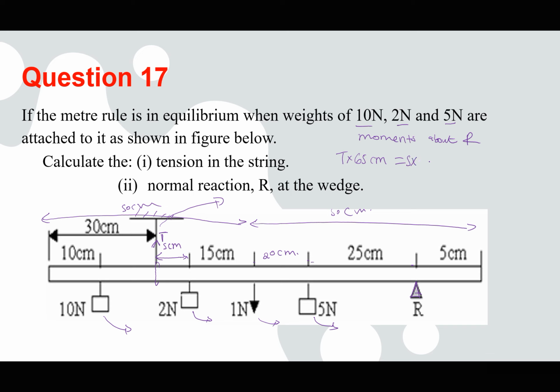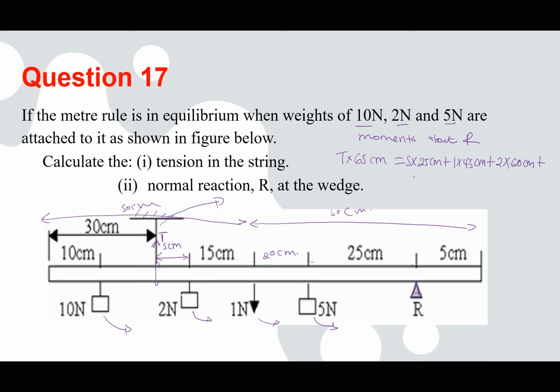I'm not changing the units because I know the units cancel both sides. 5 times 25 centimeters plus 1 times perpendicular distance, which is 20 plus 25, which is 45 centimeters, plus 2 times perpendicular distance, which is 45 plus 15, which is I think 60,